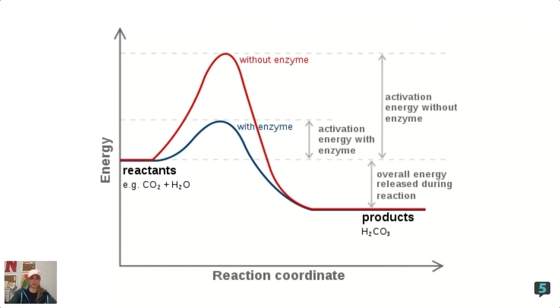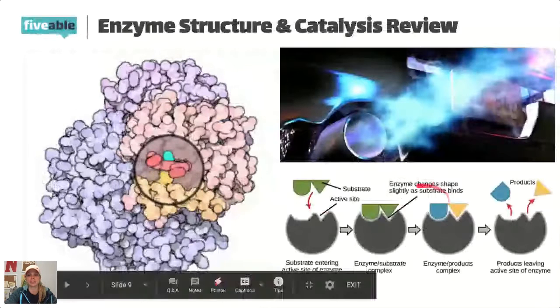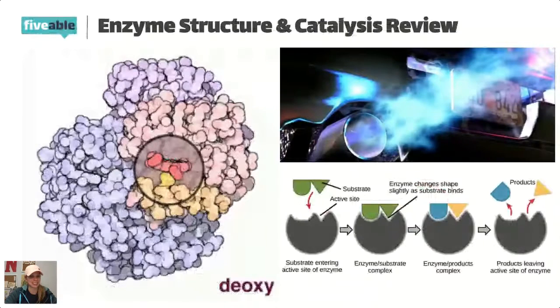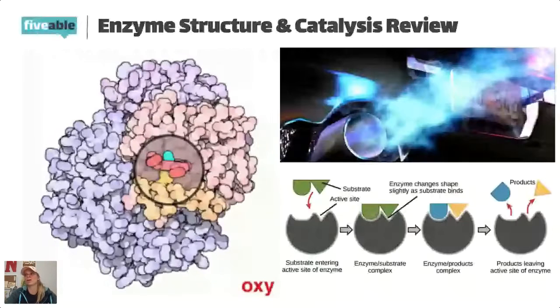Does anyone have any questions so far? How does it do what? Lower the activation energy, you mean? So enzymes, the reason they lower activation energy is because they break down these things, substrates, into smaller and smaller pieces. Whenever you break things down into smaller and smaller pieces, it's easier and more efficient to basically finish doing what you need with them. Think of like whenever you have a bunch of homework.